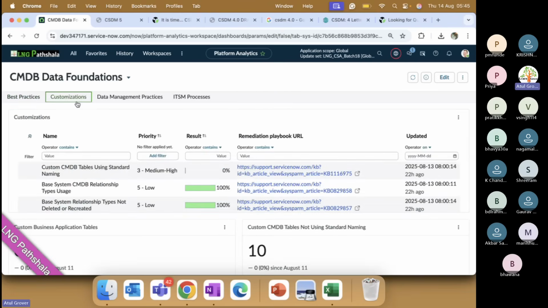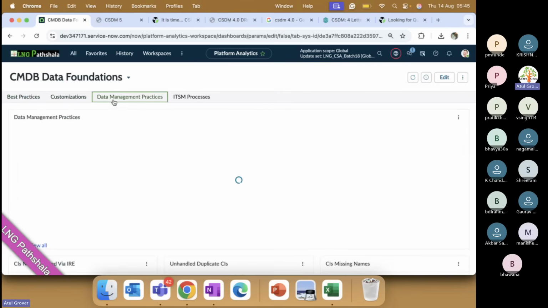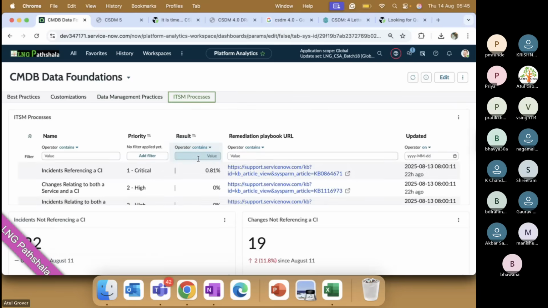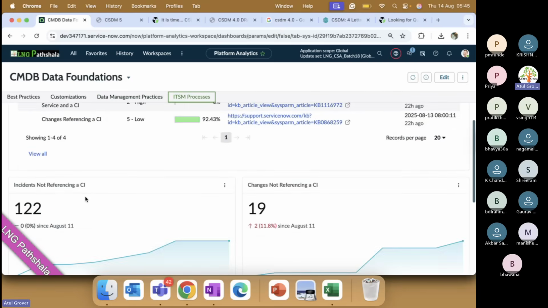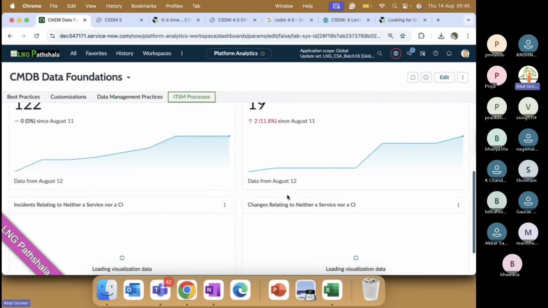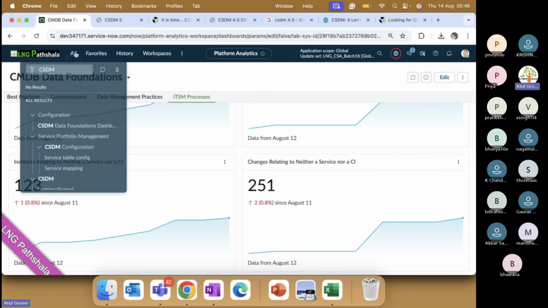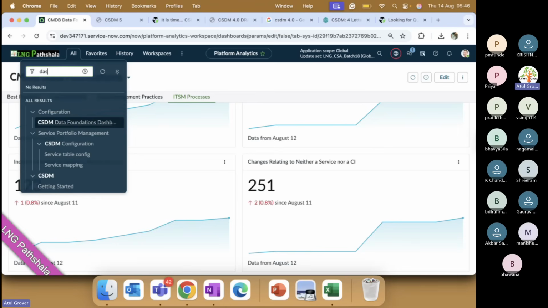Any customization there, data management practice and ITSM processes. Incident not referring CI, change not referencing CI. This will be there. Definitely this reporting will be a separate topic for us. ServiceNow provides a lot of dashboards as well. If I go back here in the dashboards,